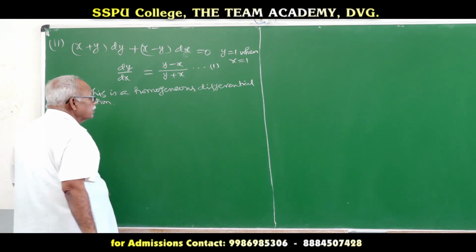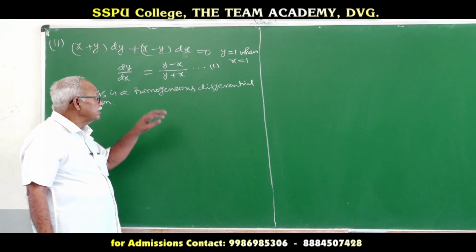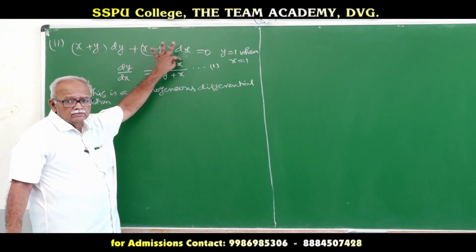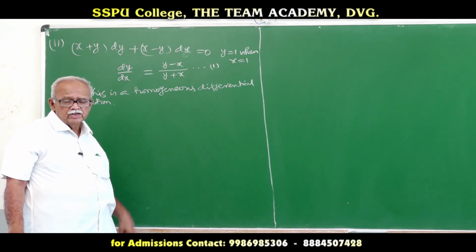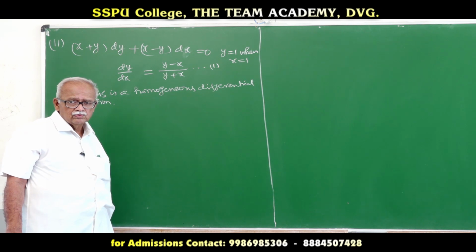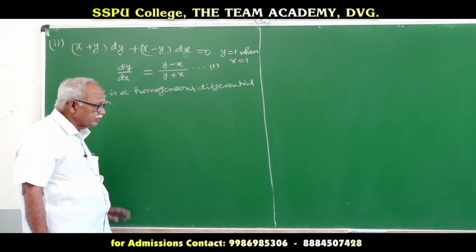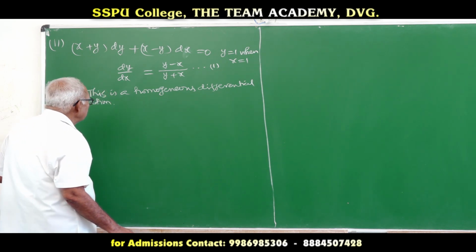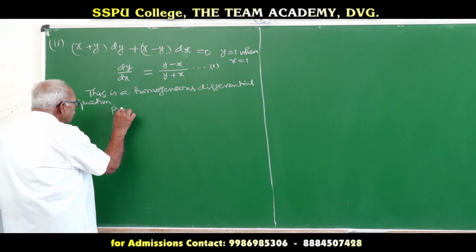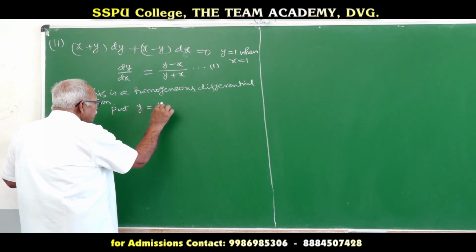See, for entrance purposes, how to find whether it is homogeneous? You see, here the numerator power is 1, the denominator power is 1. So, 1 minus 1 is 0, it is a 0 degree homogeneous equation. So, easily we can find out. Now, put y is equal to Vx,